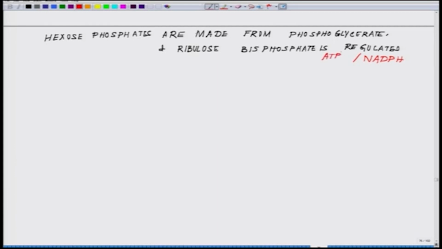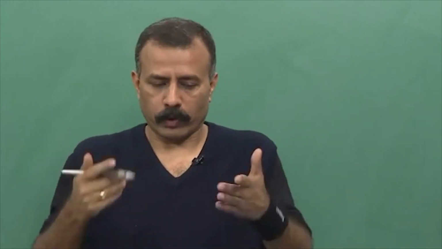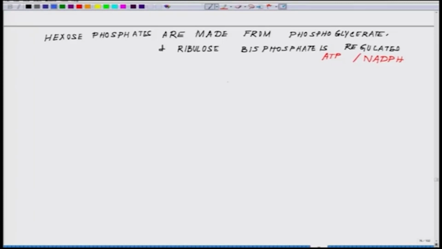So, now let me go back and put the cycle which was developed by Calvin and his co-workers during 1945 to 1965, and after that also the work continued until this day. There are so many mysterious things which we really do not know. To start off on the slide, the first molecule which is entering here is CO2. So, CO2, a single carbon, reacts with